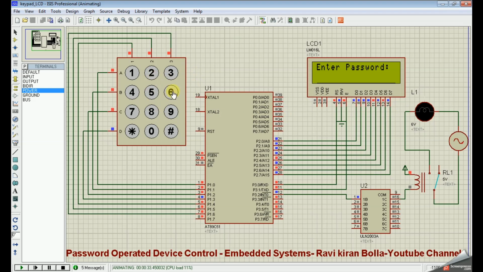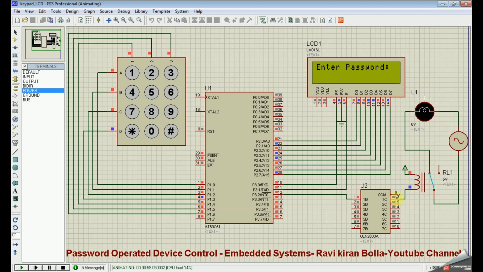Now I'm entering the correct password, that is 6666. So this is the correct password. Whenever you enter the correct password, as you see, the output to port 32 is 1. Using this relay driver, the output is switched on through a relay.